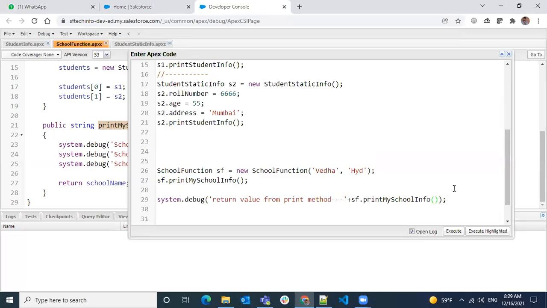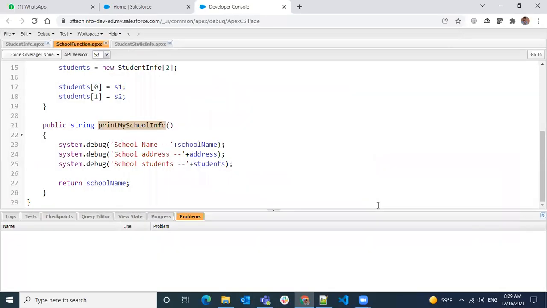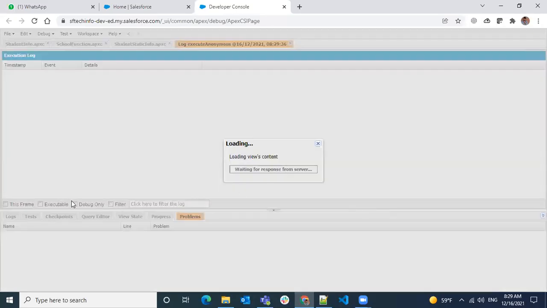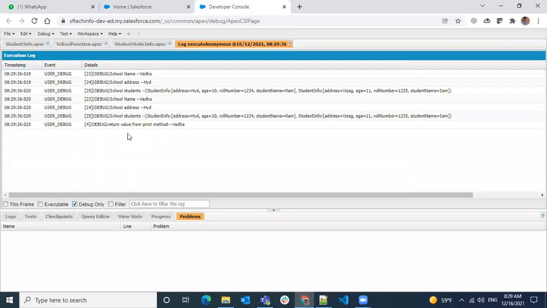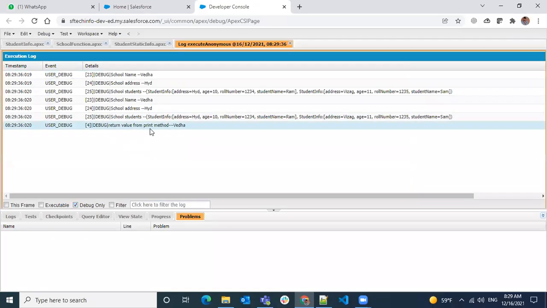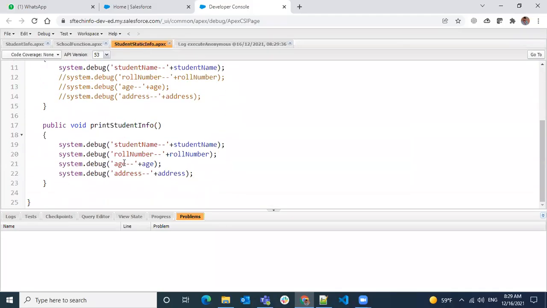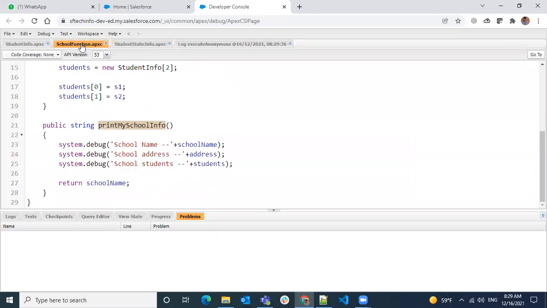Okay, these three lines I'm going to execute, so I'm using execute highlighted. Return value from print method. So what is it returning? It is returning the value called Veda. Which is what I'm doing over here, I'm returning the school name.